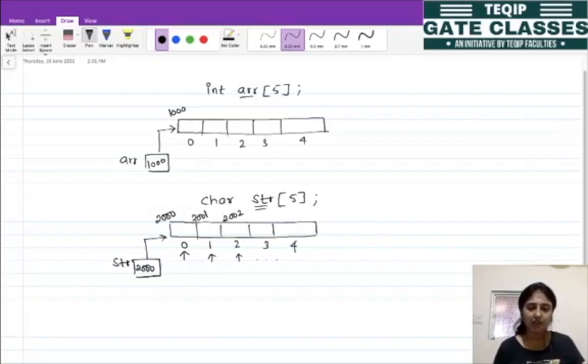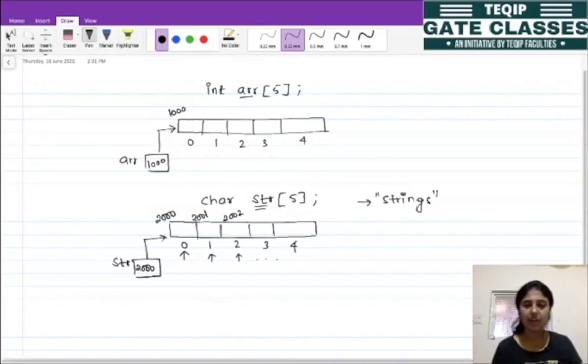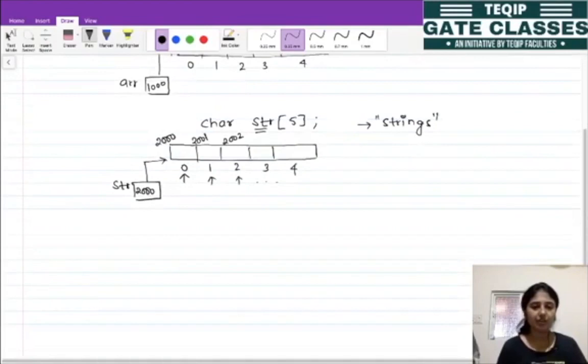So this one dimensional array, or this character array, is many times called a string. So the string constants are nothing but a one dimensional character array.